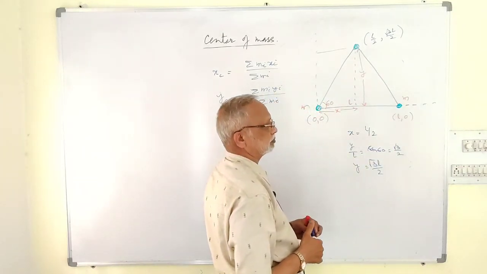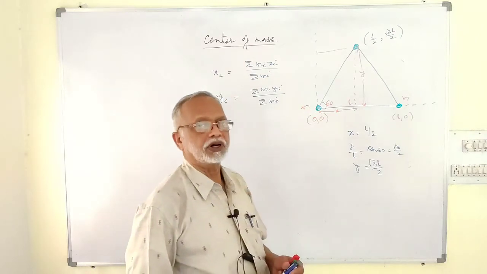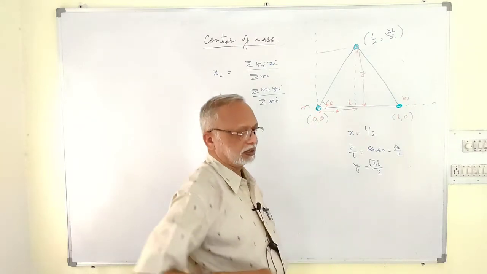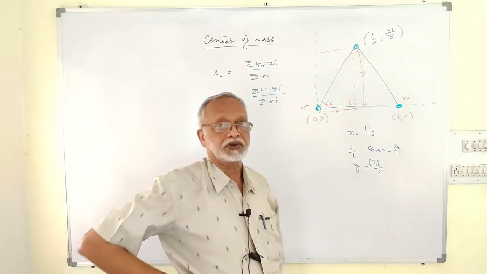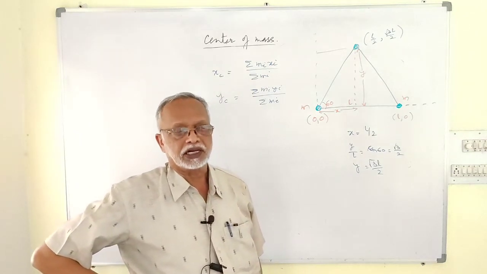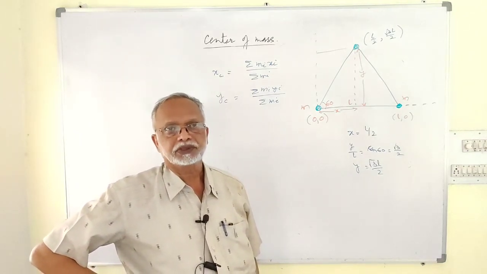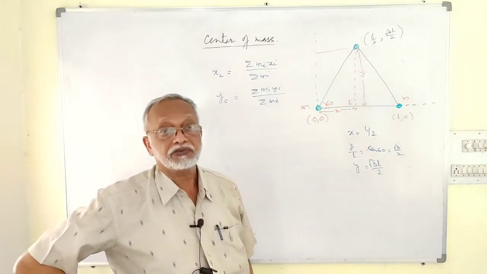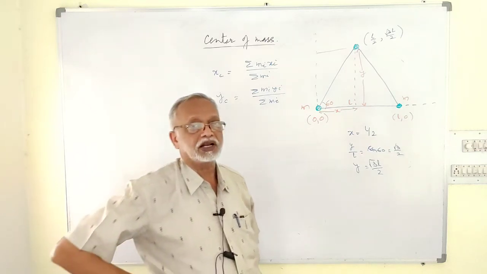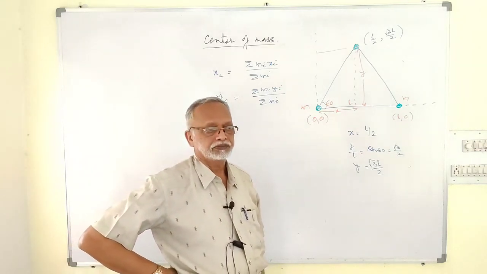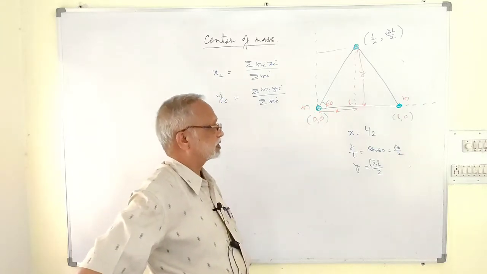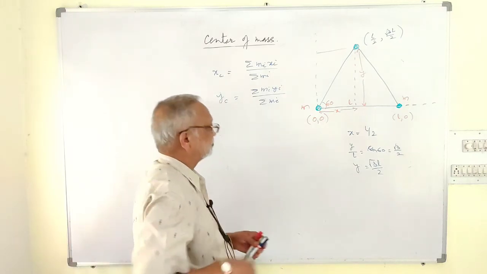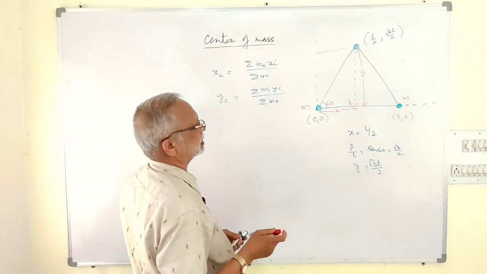Now as before, we can find the coordinates of the center of mass. If all the bodies have the same mass and are present at the corners of an equilateral triangle, then the center of mass will be at the centroid. If you know the coordinates of a centroid, you can write directly. Suppose the masses are different, then the center of mass will not be at the centroid. Now let us take this case of all the bodies having the same mass. After that, if you want, we can change their masses. Coordinates we have found for the third body.